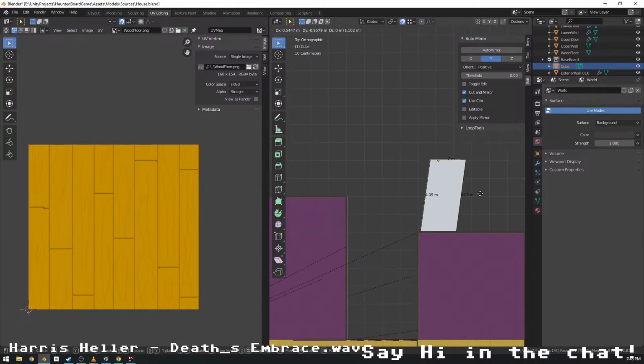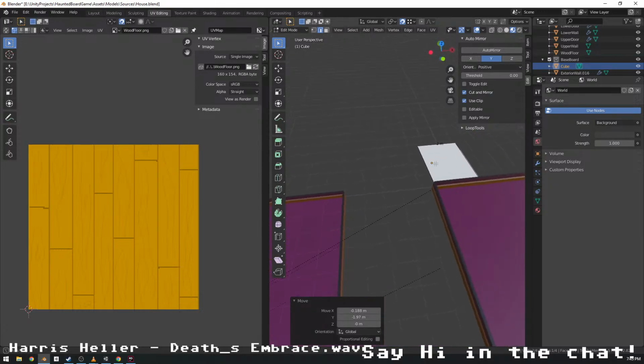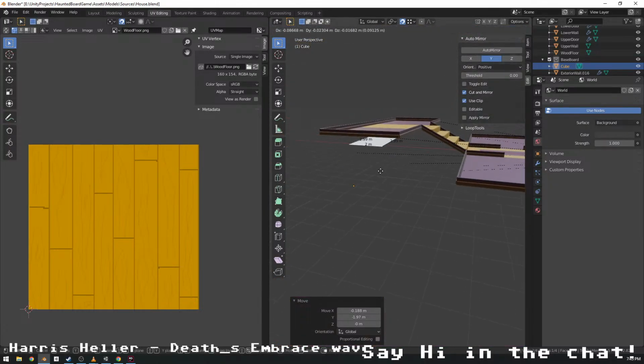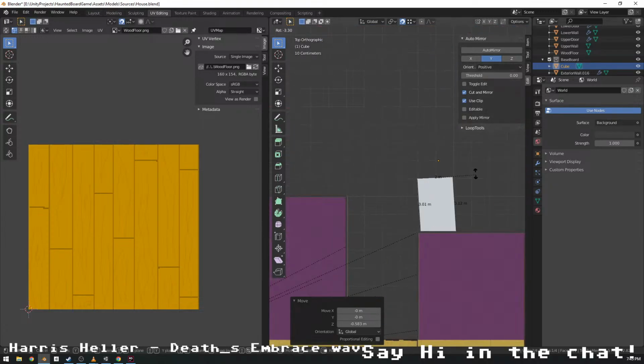Or just do a secret path that just kind of teleports you down, right? Teleports you down to like over here. Give ourselves another path. How do we want to do this? Just rotate it,